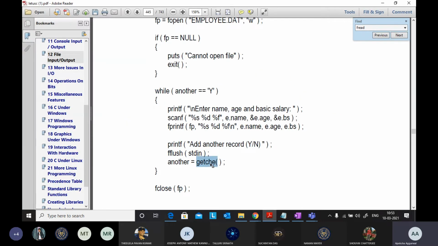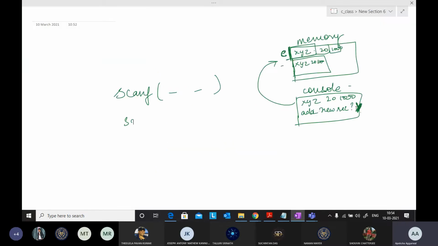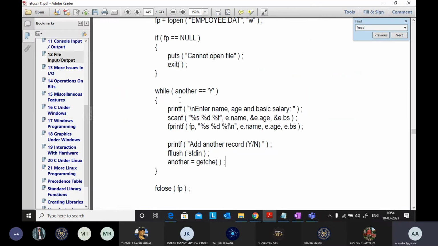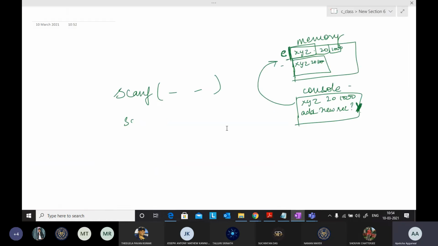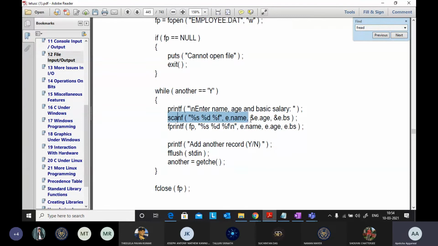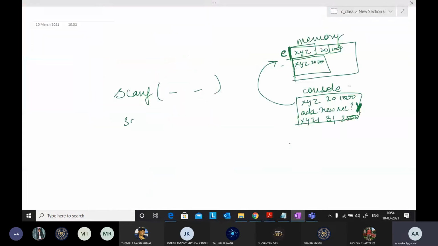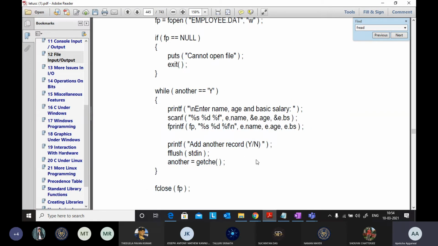This is getche. getche will get a character from the console, and if the user has pressed Y, this loop will run again and it will print enter the name, age and basic salary. It will say, okay, XYZ1, 31 and 2000 is the salary. Again the process will repeat: it will scan these values and write XYZ1, 31 and 2000 to the file.